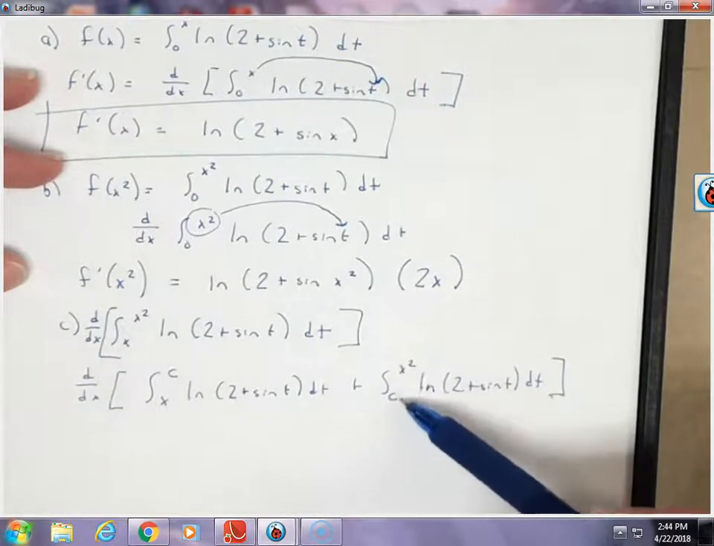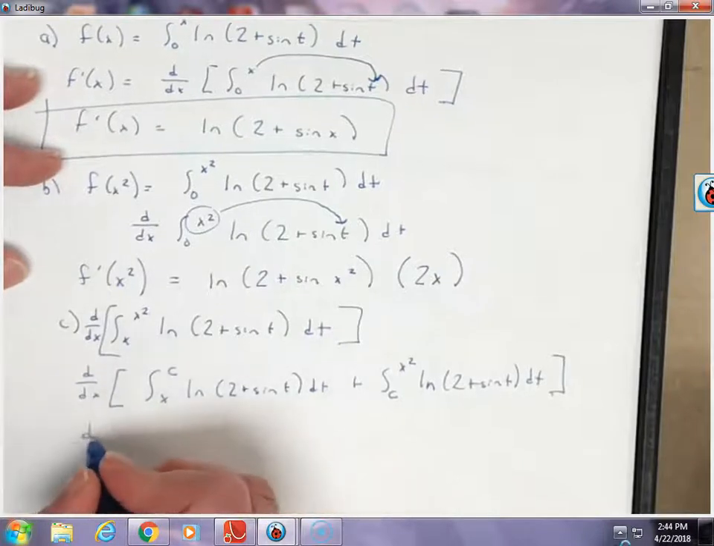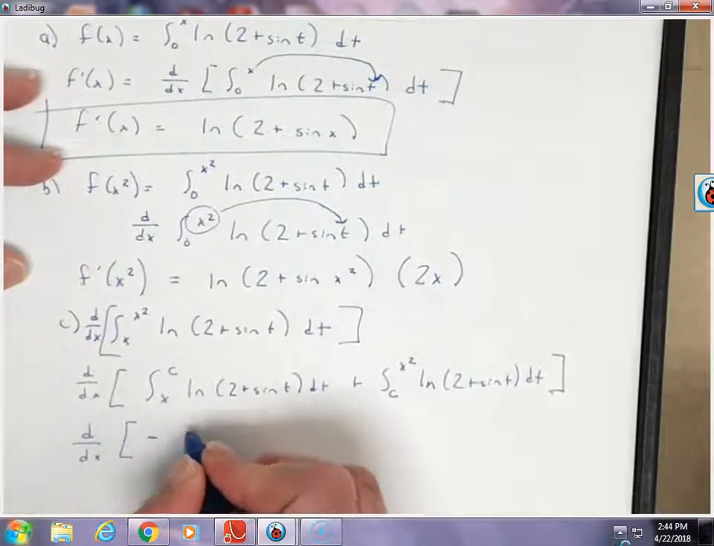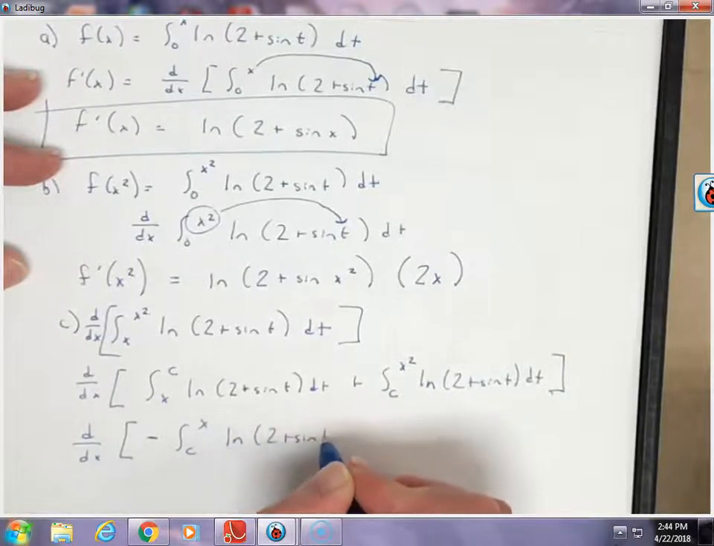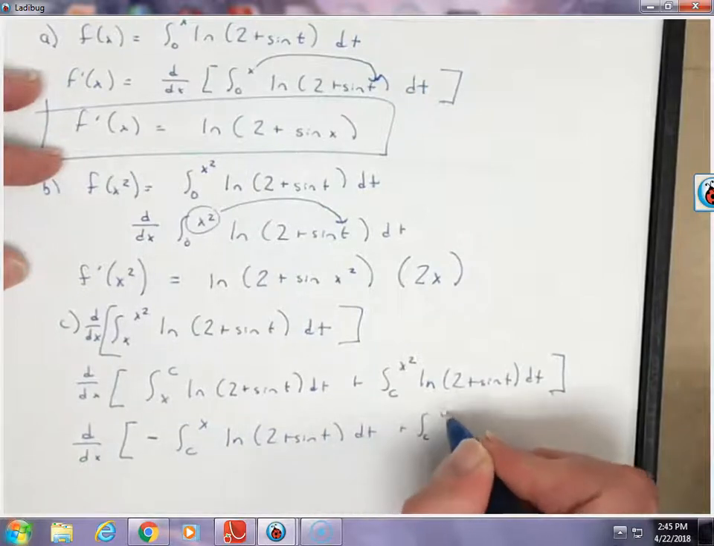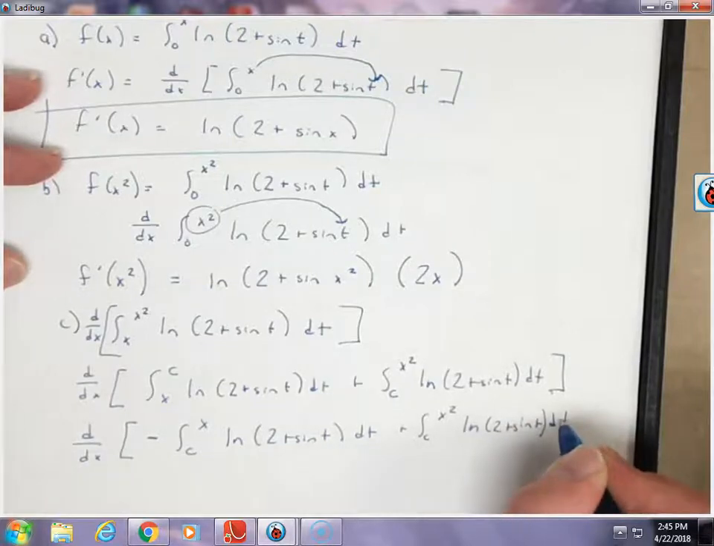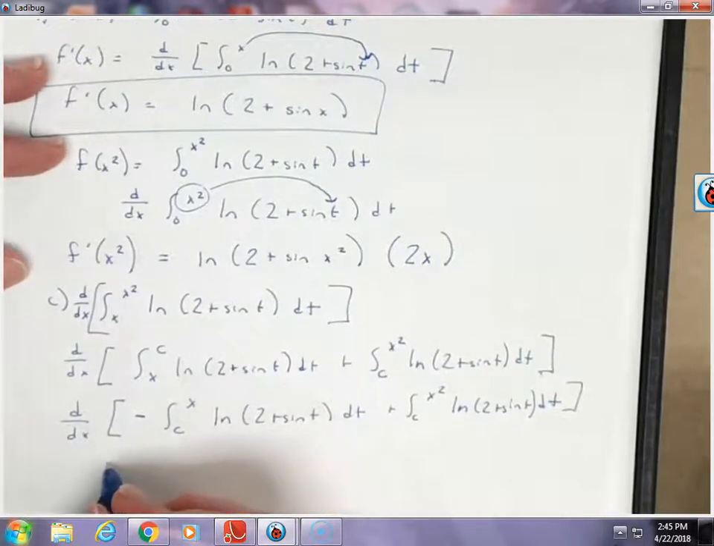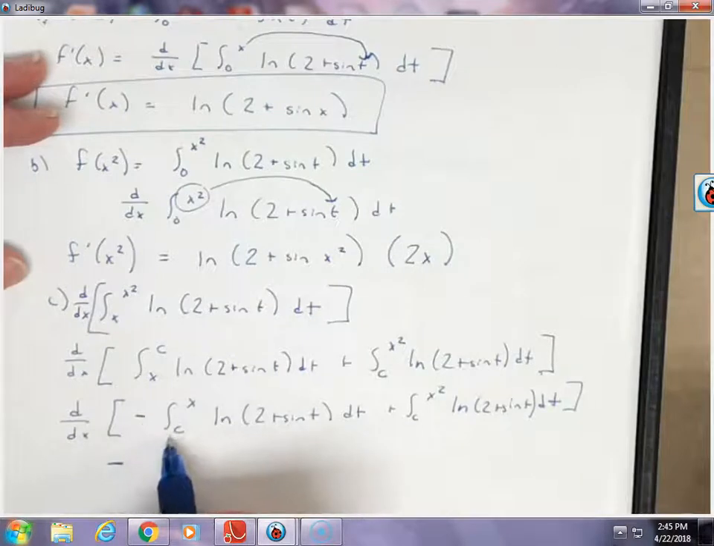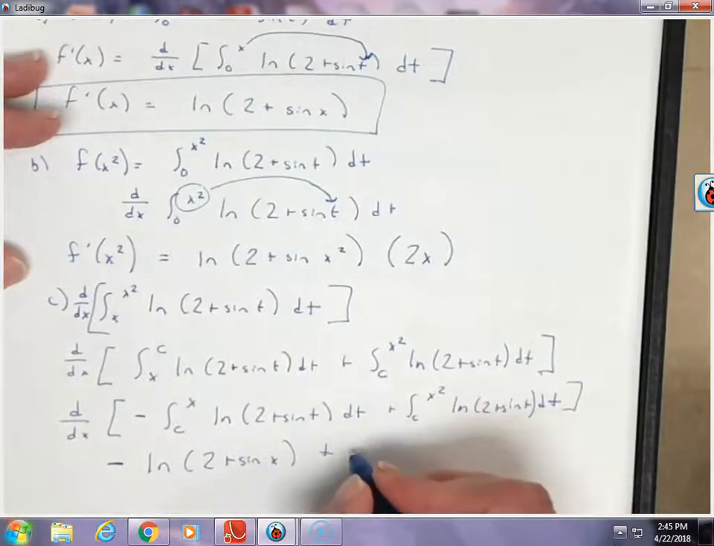Now this one we're happy enough with because there's a constant on the bottom. Okay, this one we need the constant on the bottom. Well, we can just switch our bounds, just make that a negative, and this would then go from c to x. Okay, and now both of them are like what we already need. And you can take the derivative of each one separately, and we've already done both of these in the previous parts. The negative would be there, you'd be putting in the x, so ln of 2 plus sine x. And then this one you'd be putting in the x squared